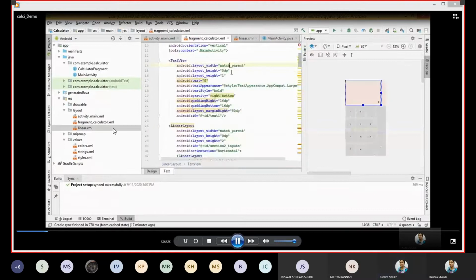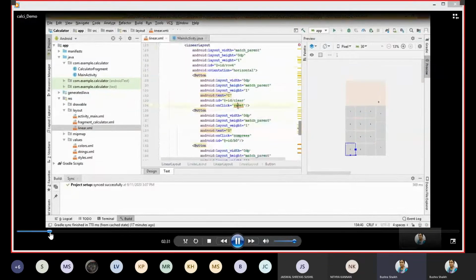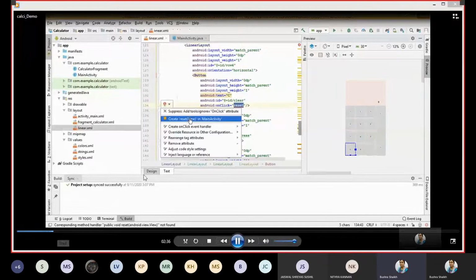So let us have a look at the implementation of each of these function prototypes which are defined here. For all the buttons we have added numpress as a function name. For clear we have added the function name reset.